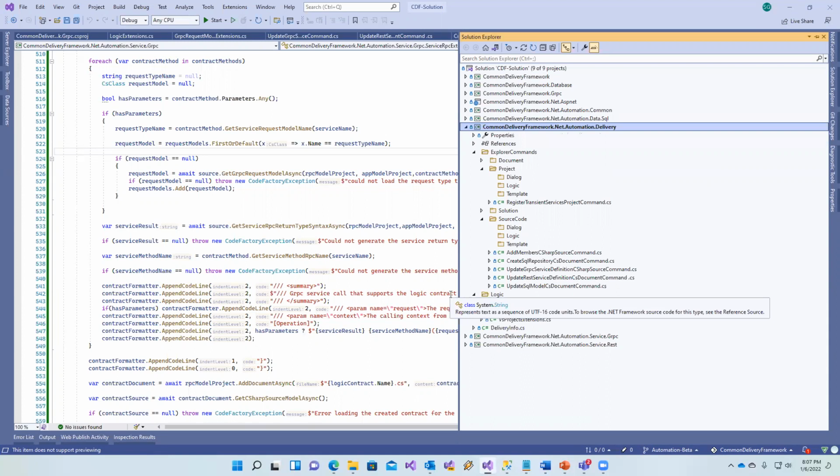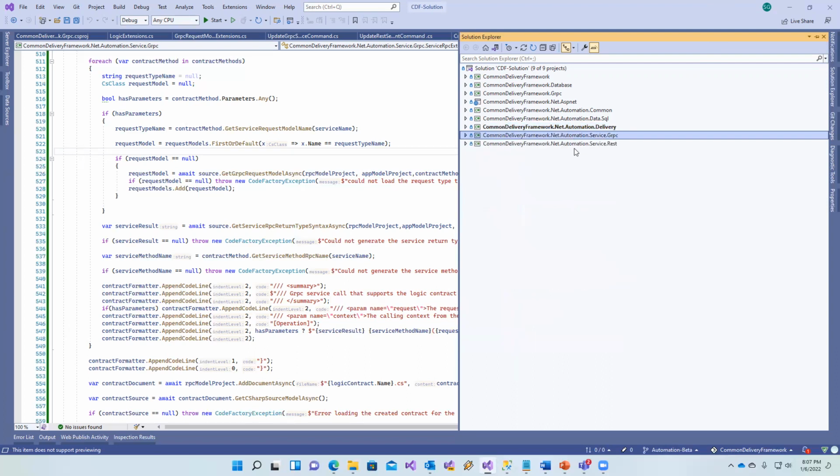The automation delivery allows us to basically tell Visual Studio, hey, I want you to make things available to people and then execute a bunch of logic. These other libraries, Automation Common, Automation Data SQL, Automation Service gRPC, and Automation Service REST, are a series of extension libraries that give you the actual code functionality that does all the things that you saw underneath the hood. And I designed it this way on purpose because the goal of the Common Delivery Framework